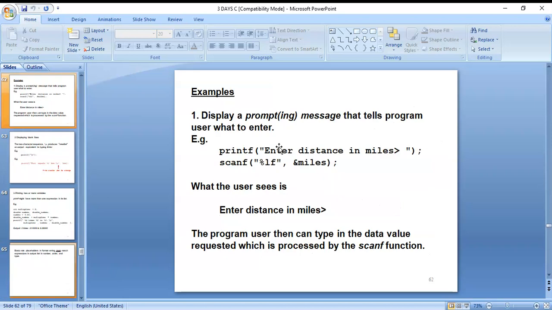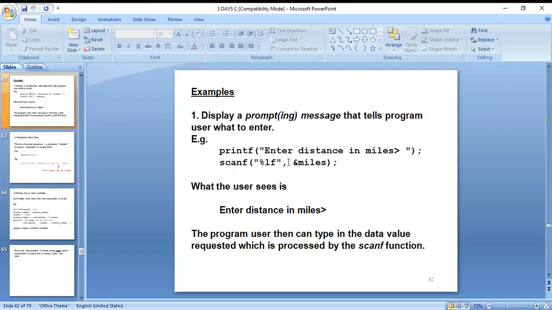Here, in this example, you can see display a prompt. Display a prompt message that tells the program user what to enter. Here printf("Enter distance in miles"), then scanf("%lf", &miles). What the user sees is "Enter distance in miles".